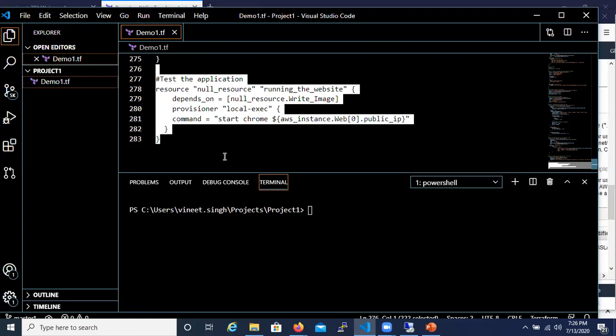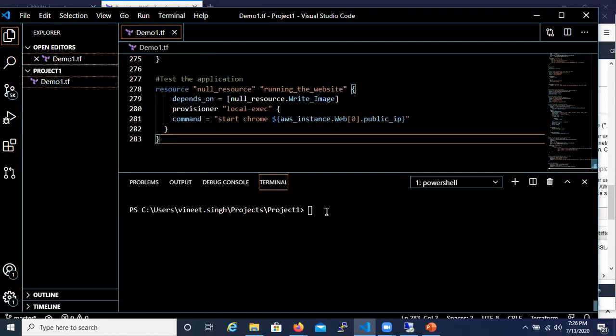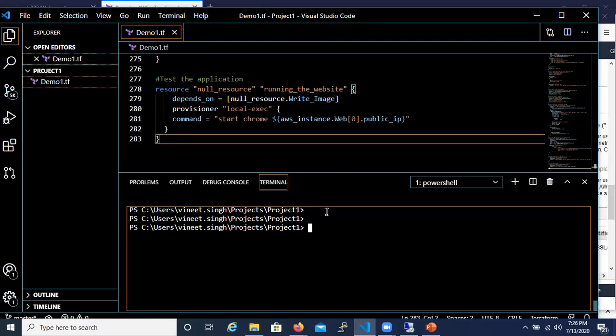So after my code is ready, let's say I plan to see what this code will do. So if I do terraform plan, that will show me the different changes that Terraform code will bring in my infrastructure. So let's try this.